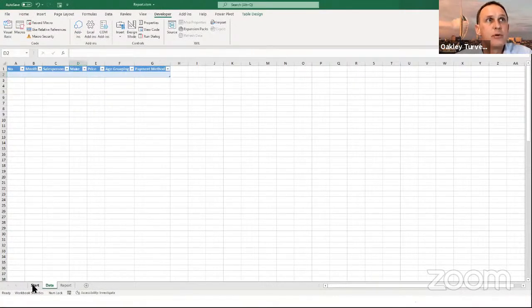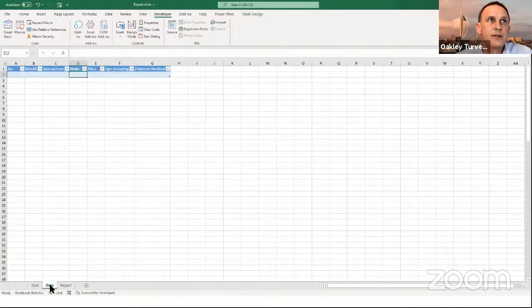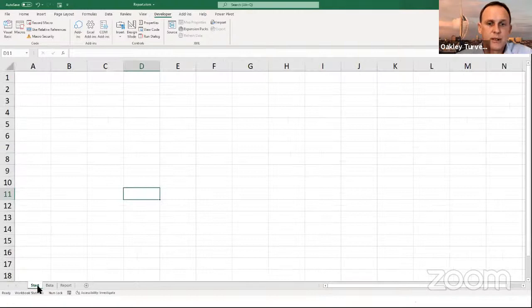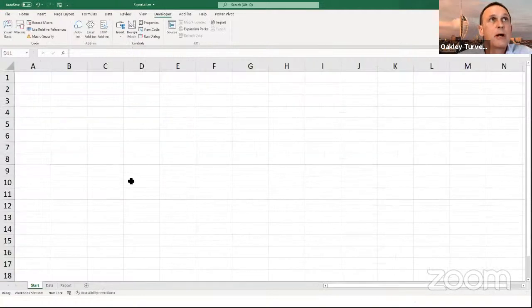Now I want the machine to record me actually changing sheets as well. So in order for it to record me changing sheets, I need to not already be on the data sheet. So I'm going to start from my start sheet. I'm also going to record myself changing to the other workbook to get the data to select it. So we've already gone in and selected the data. So I'm going to make sure I'm positioned in the right place before I start recording the macro. So I've already got that data selected on that workbook before I start recording the macro. So I'm happy that's all set up correctly.